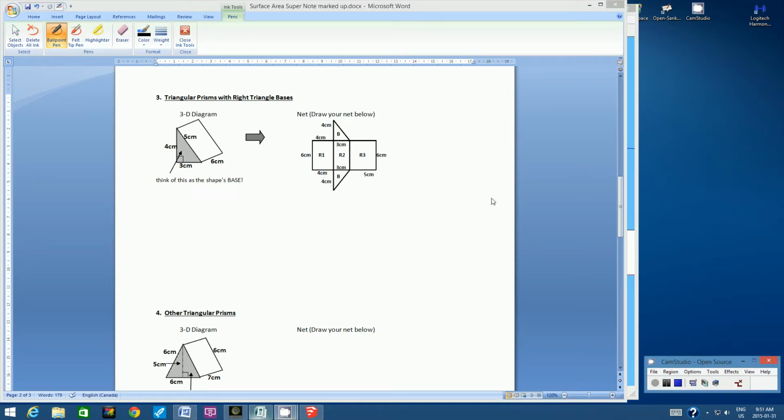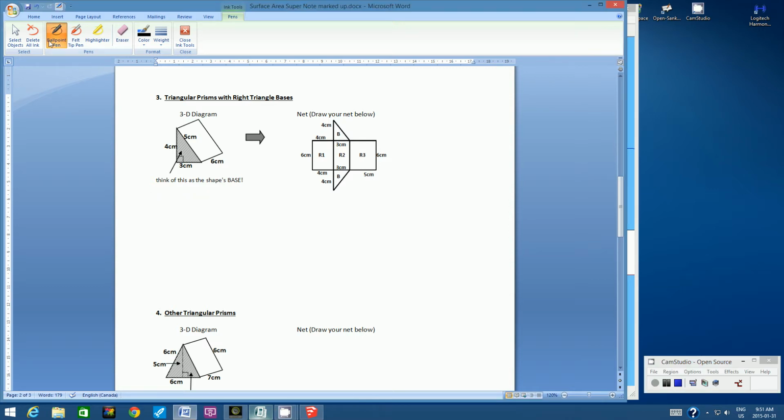Okay, so we're back. So I hope that you've got a nice diagram of your net here. Now I didn't have a lot of space, so what I did was I just used the short form B to show the base. Okay, so like we did in the first two examples, in the first two videos, let's always start with the base. Okay, all right, so let's begin here. Step 1,